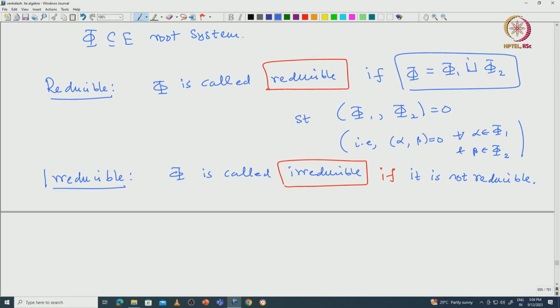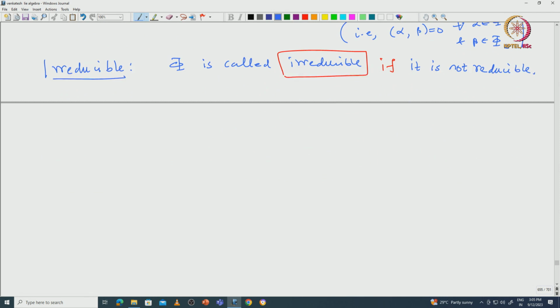Okay. So, why is this irreducibility naturally motivated? It is motivated for the following reason: any given root system can be written as a direct sum of irreducible root systems. Basically, we write it as a disjoint union of irreducible root systems, but we just call it a direct sum. Okay. So, here is the proposition. Given this root system,